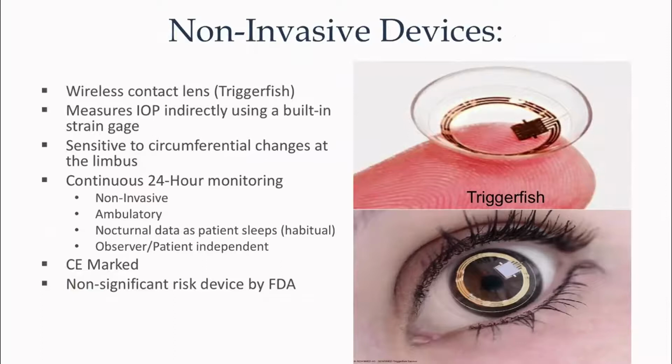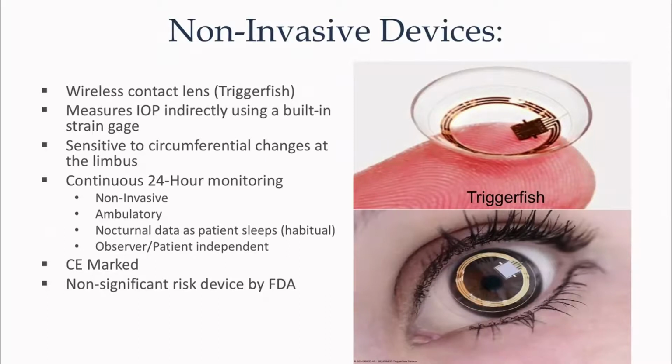to measure the pressure. From a non-invasive standpoint, Triggerfish, this is a company called SENSIMED, made a contact lens that measures the biomechanics of the eye around the limbus, which by their estimation correlates with intraocular pressure change. The contact lens goes on in clinic. The patient can go home. They can go about their business for 24 hours. They come back in the next day. Contact lens comes out, and the information is recorded